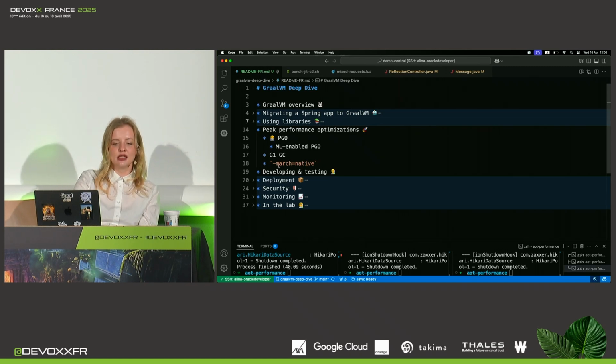And then you can use this last flag called march native, and that will specialize a native executable to make the most use of the machine where you are building it. So native image always builds applications that are specific to an operating system and architecture. So let's say I cannot build on my MacBook for Linux, or I cannot build on my ARM Mac for an Intel Mac. It will always be the same operating system and architecture, but you can additionally instruct native image